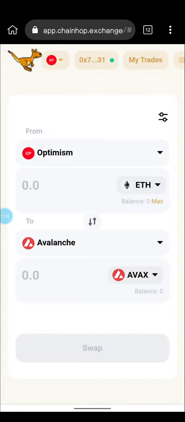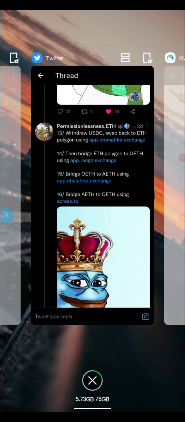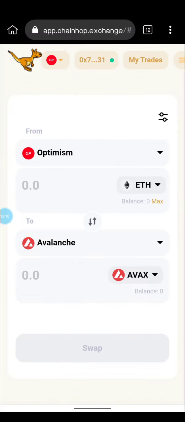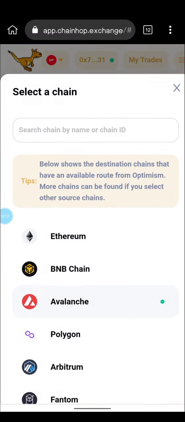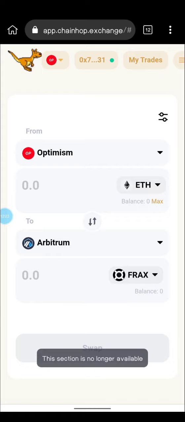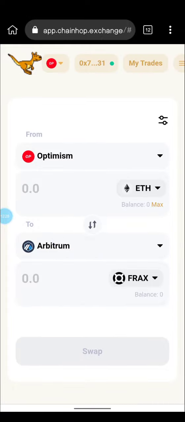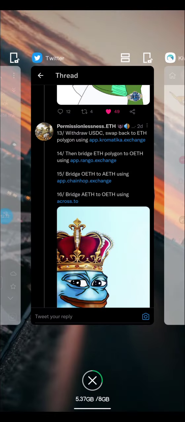We're going to swap from Optimism this time to Arbitrum. This is a lot of swapping, guys, but if you are a DeFi degen like me, you're supposed to be doing this. So we're going to swap from Optimism to Arbitrum using Chainhub.exchange. Once that is done, we go to the next,